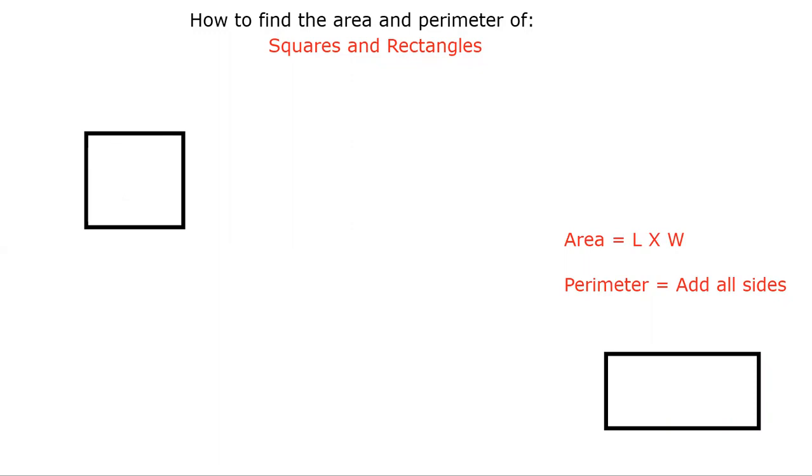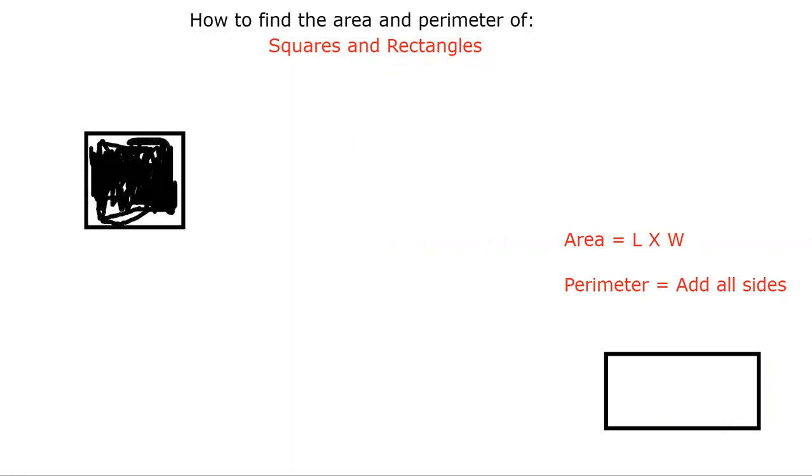So before we do anything, let's talk about what an area and a perimeter is. So area is the space within a shape. If you can see, I'm coloring in this square. All of this space is the area of the shape, and that's what you're being asked to calculate. How big is that? That's what you're being asked to find when you find the area of a shape. I'm not going to color it all in, it will take you forever, but that's the area, everything within the